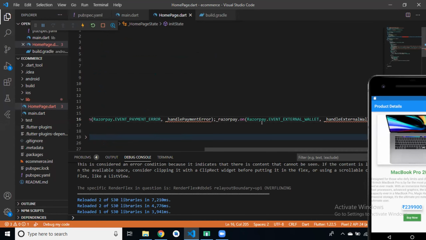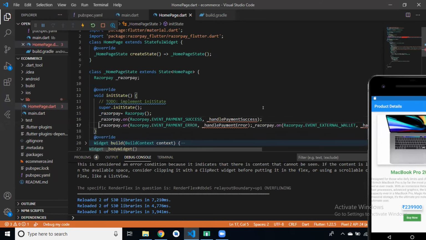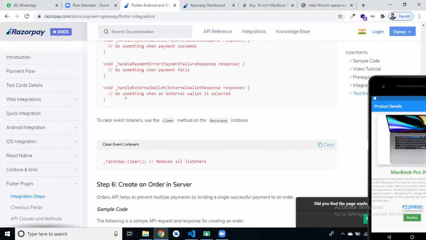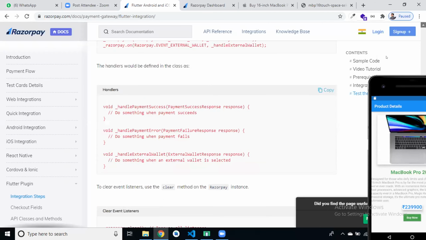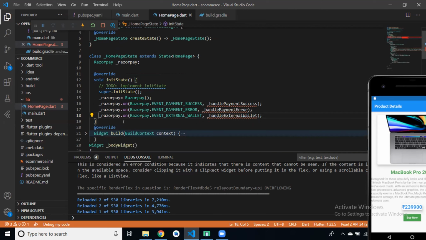So we have handle payment success, handle payment error, handle external wallet. Now the handler would be defined in class. So we have to copy this and define it in our class.